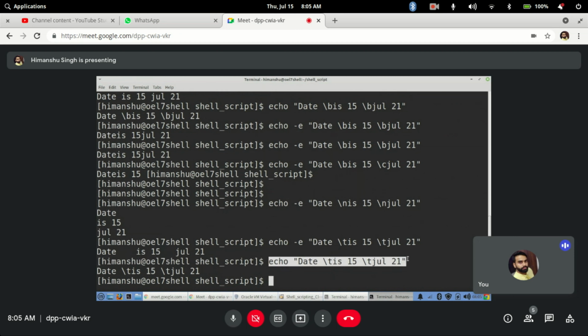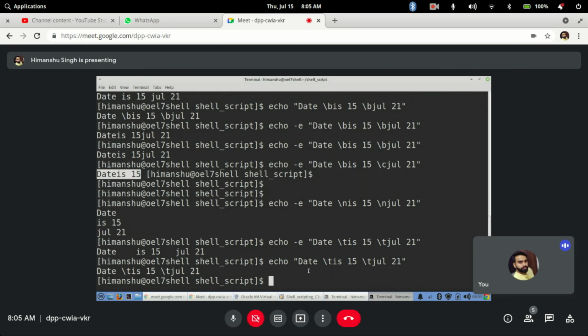So whatever option is there, it will print as it is on the screen. Now, that is a carriage. After this it will remove the content and it will not display in a new line.